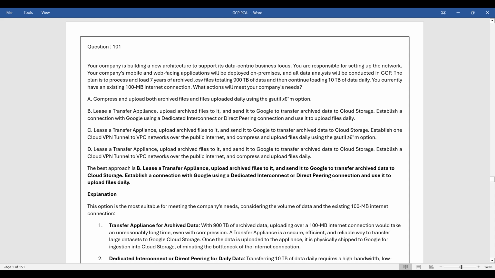The best approach is B. Lease a transfer appliance, upload archived files to it, and send it to Google to transfer archived data to cloud storage. Establish a connection with Google using a dedicated interconnect or direct peering connection and use it to upload files daily. Explanation. This option is the most suitable for meeting the company's needs, considering the volume of data and the